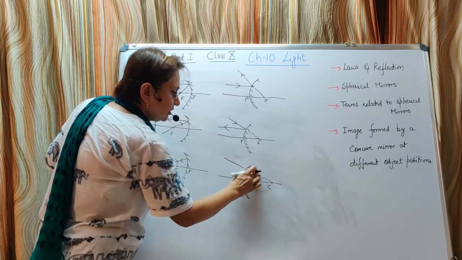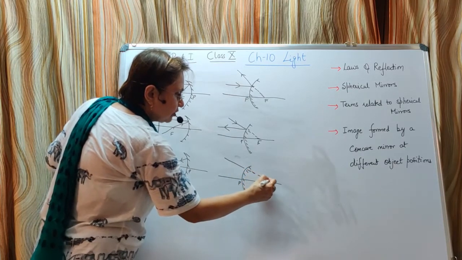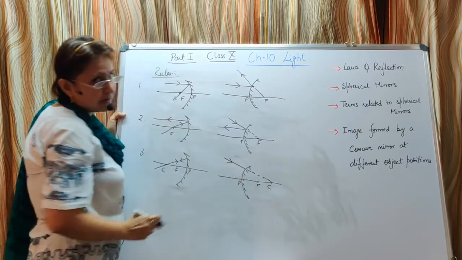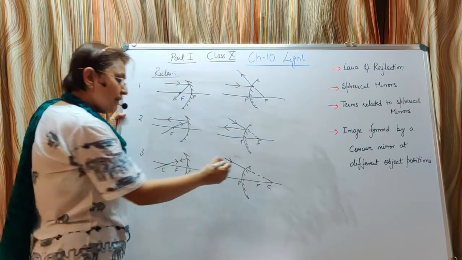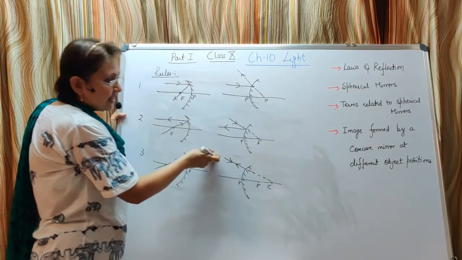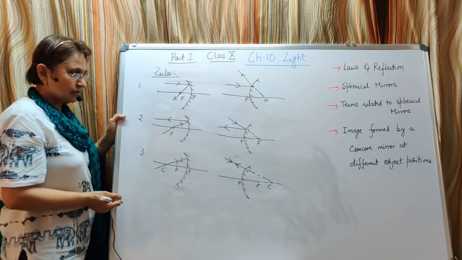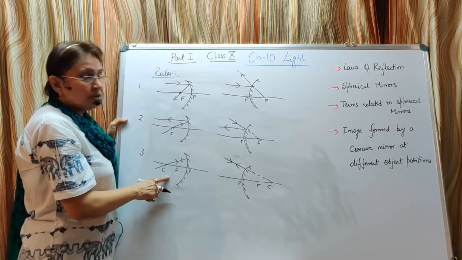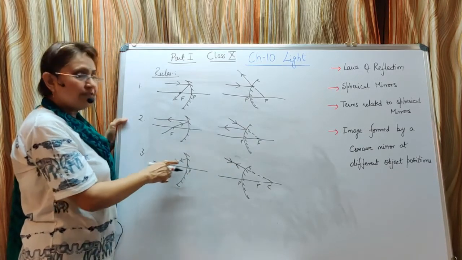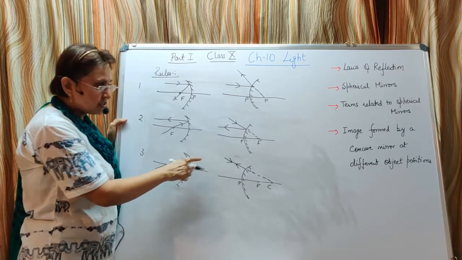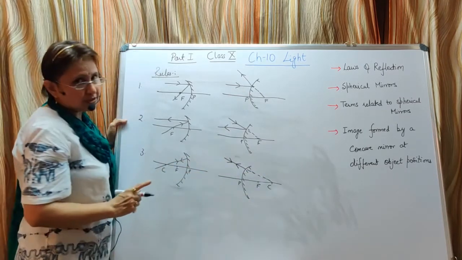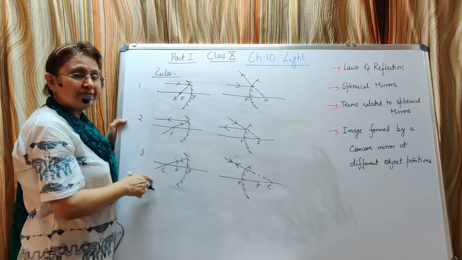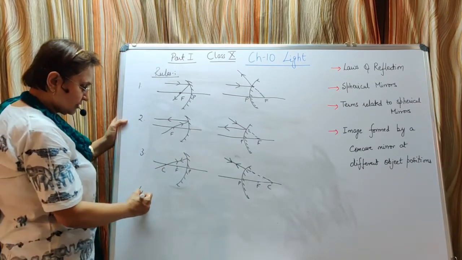Okay, so appearing means we draw dotted lines. This is the incident ray which is appearing to pass through the center of curvature. After reflection it is reflected back along the same path, that is, it retraces its direction. So, this is the third rule: a ray of light passing through the center of curvature or appearing to pass through the center of curvature will retrace its path, that is, will be reflected back along the same direction.